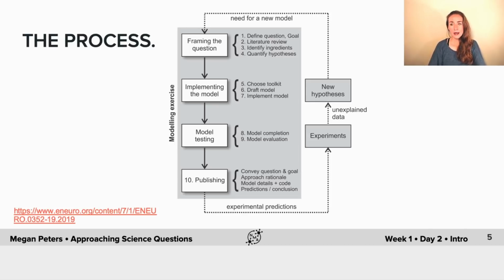So remember this process diagram from yesterday? We're going to get our hands a little dirtier today to see what each of these 10 steps might look like in a real model building exercise. So I'm going to use the same example I gave you yesterday from my own research, but I'm going to walk you through it in a lot more detail to really show you what needed to happen to pick the right model, the right tool for the job. And then today in your tutorials, you're going to do a lot more practicing of that modeling framework to start laying the groundwork for building your own models in the future.